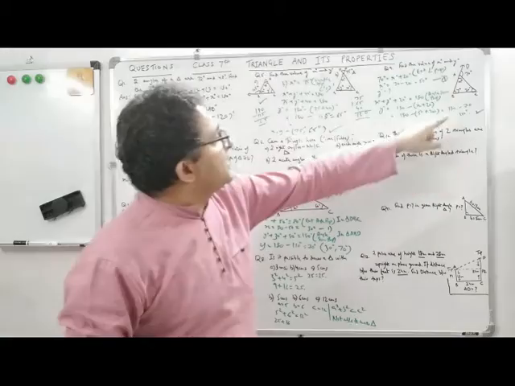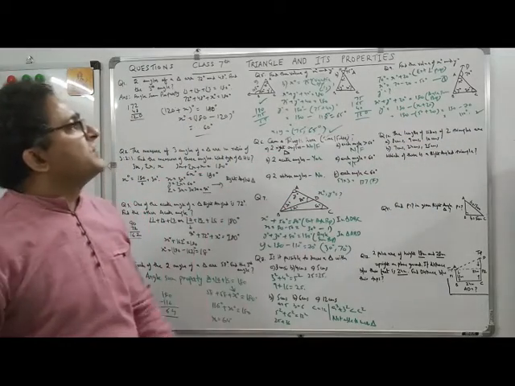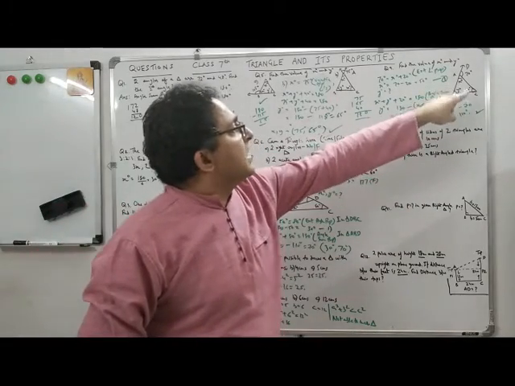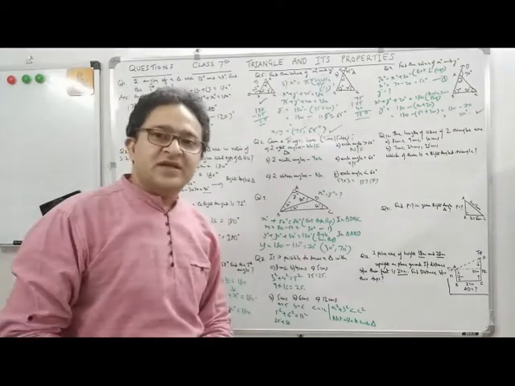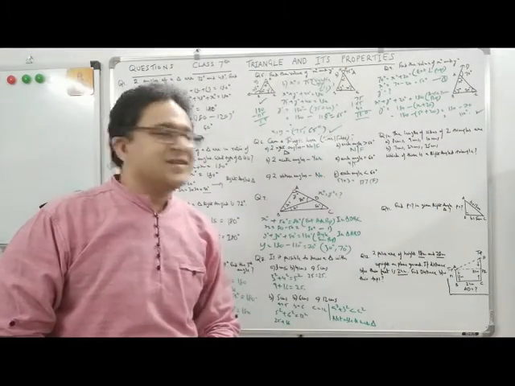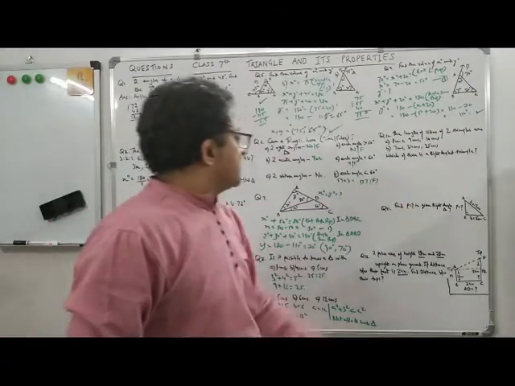So the two angles are 110 and 50. So we can always put these values, and then we can add these values. They will be 180. Okay, friends, enjoy. Okay, now let's do some more questions.